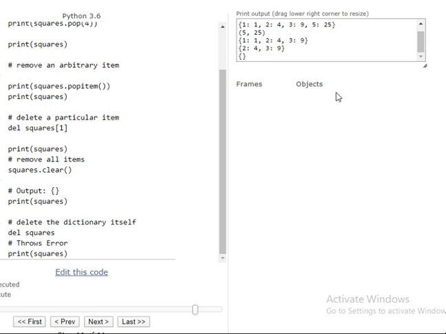So we observe over here that no dictionary is present. Initially we had a dictionary over here, a global variable kind of a name, squares, was present. There is nothing over here. If you try to print the squares, then it will not execute, or sometimes it also throws the error. Thank you.